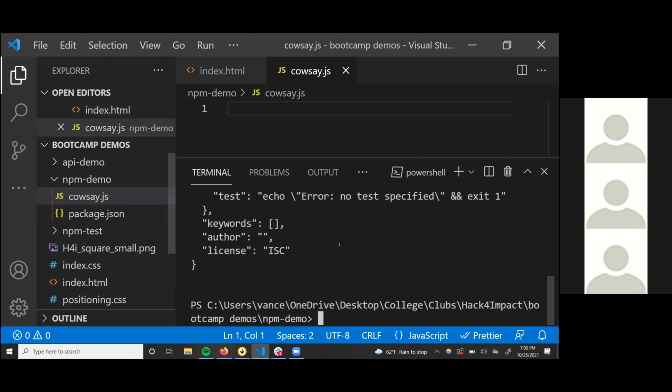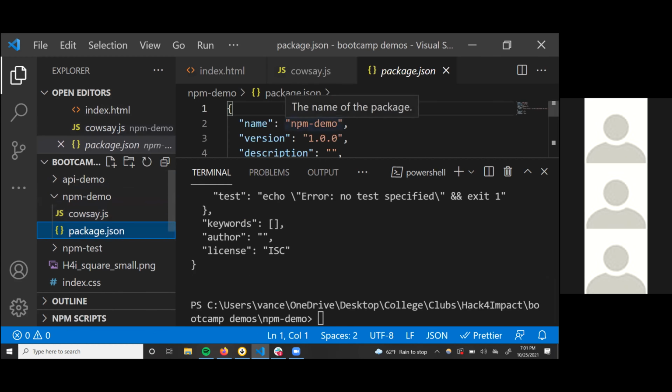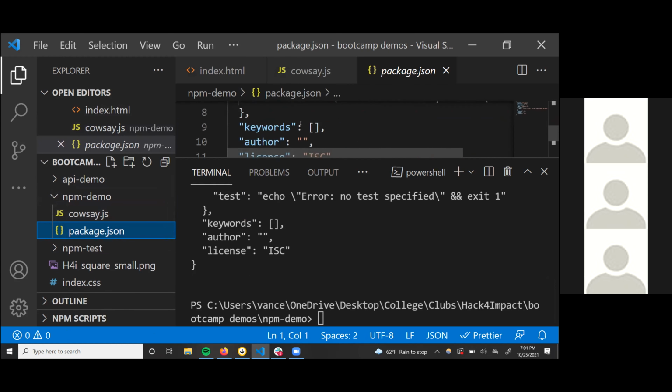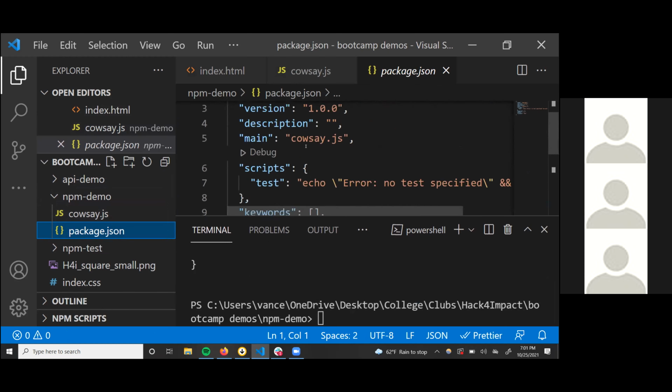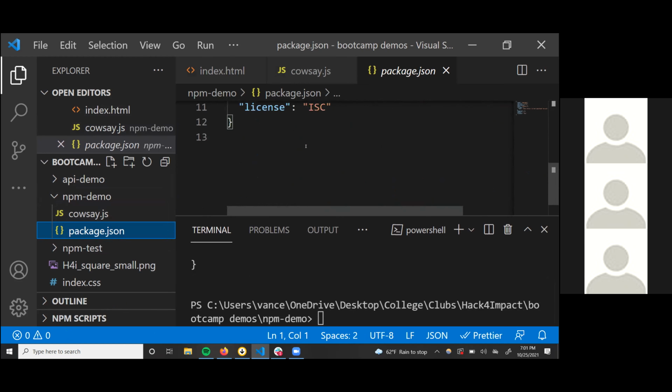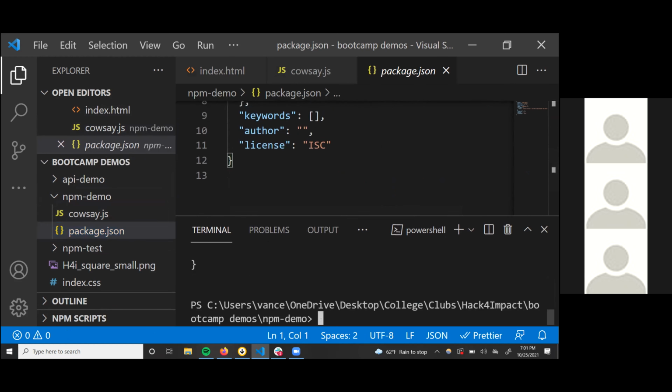I'll also say that the command line you're seeing is built into VS Code. You don't have to use the VS Code one, you can use any command line, but it does make things easier, and you can open it, I think, with Control tilde. So now if you look over here, there's this new JSON file called package.json. And this is where, I'm gonna shrink this terminal down slightly, this is where your kind of grocery list of packages will go. So now if I install cowsay,